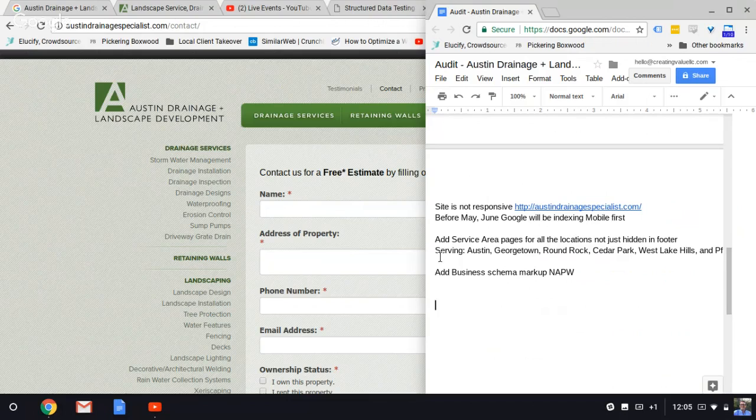And update above the fold to include photos and like that text right there.